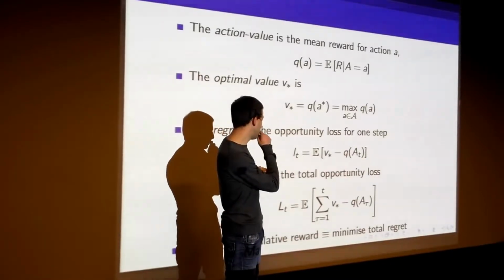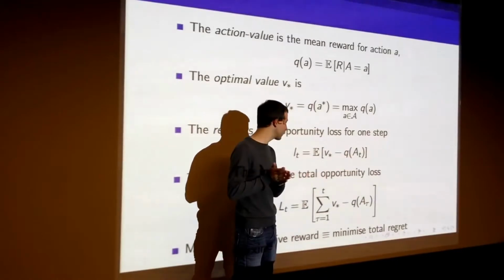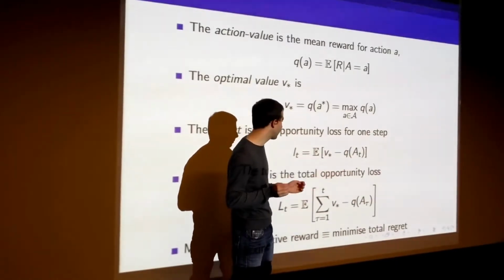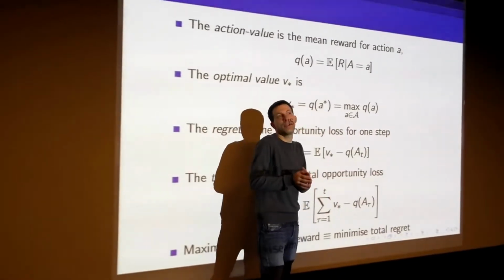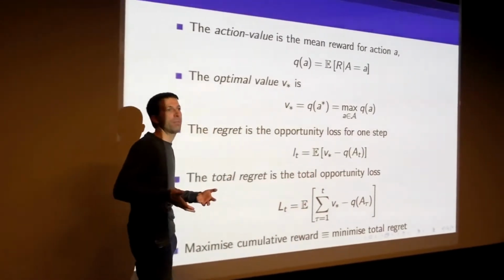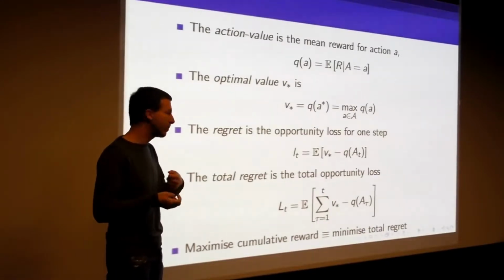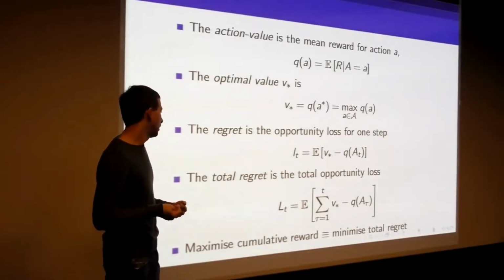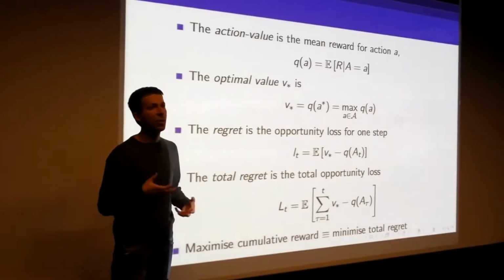Okay? And so we're going to continue for t steps. We're going to play this game for t steps, and now we want to know, if we play for t steps, how much opportunity loss do we incur? How much better could we have done if we'd known the optimal value, if we'd known the optimal arm in advance? And so when we say we want to maximize cumulative reward,